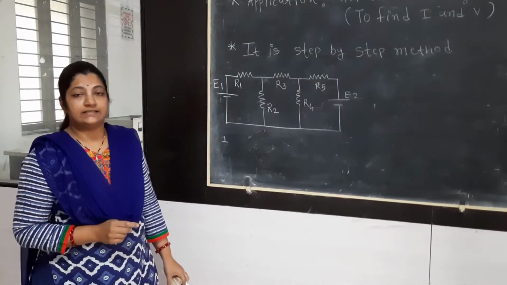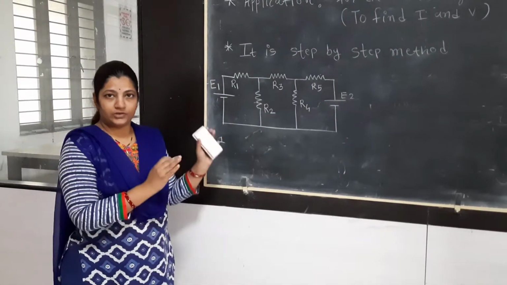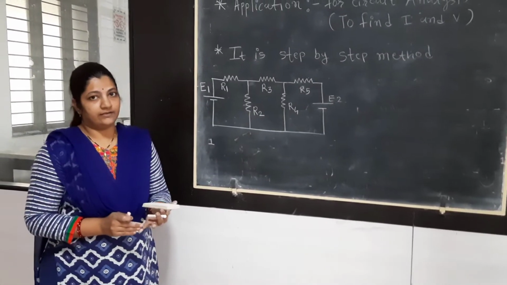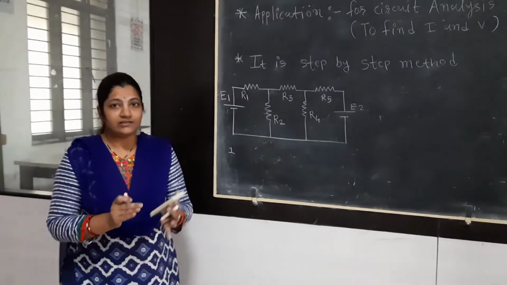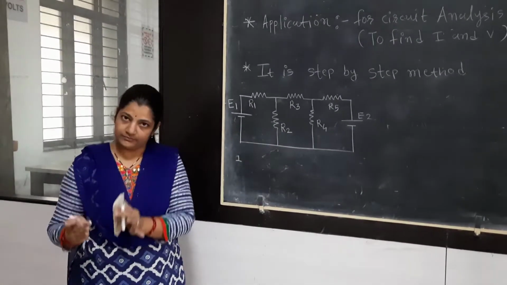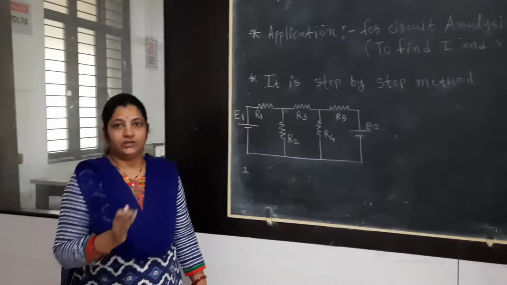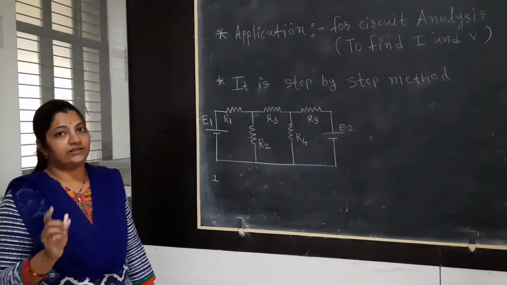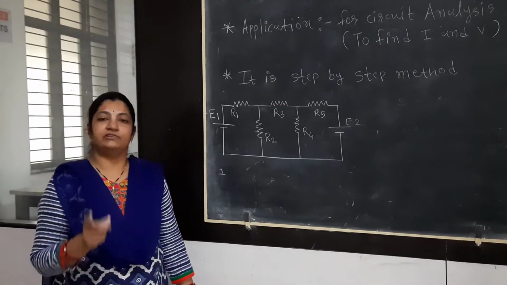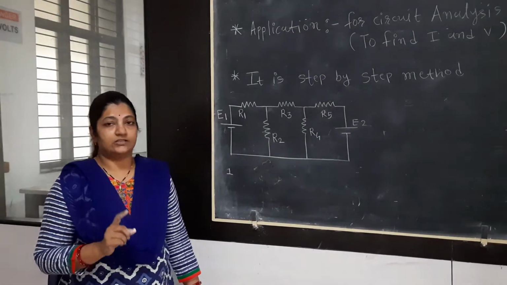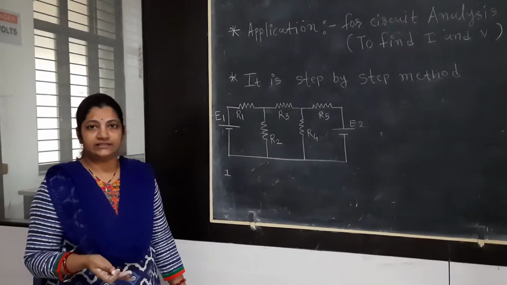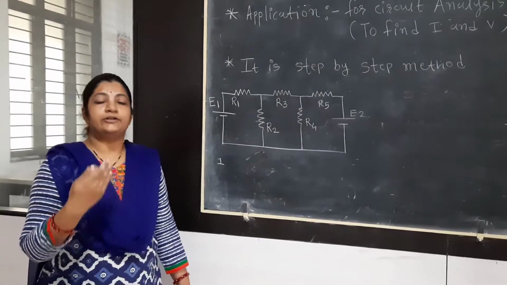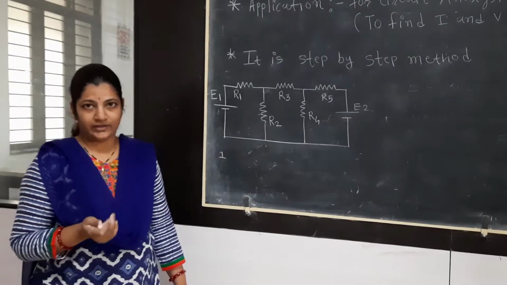Step number 1 is, from the given circuit, by proper observation, you have to find the number of nodes. When we say node, another related term is also there, that is a junction. Node and junction are very near terms to each other. So remember, we are not interested in junctions, we are interested in nodes only. So what is a node and how is it different from a junction? A node is a common point where more than two elements are connected together.